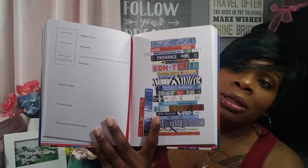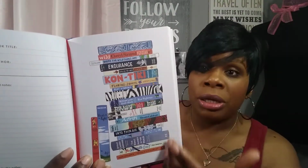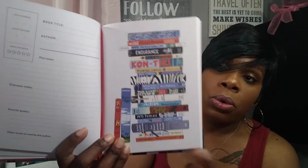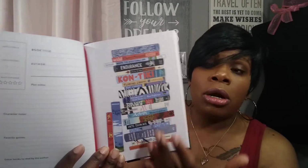But you get multiple pages of this. This is pretty much what this book is about. But there's a little bit more that it does offer. And then you get pops of decor. And just so you know, I don't want to say it's pop culture, but it is real. It is books that you could actually go out into your library or store or online vendor and order. She's just done the sleeves and the art covers in her own style. And what I've been meaning to do is to go and look and just say like Wild by Cheryl Strayed, to just see if that is an art cover that was once used at some point during this publication